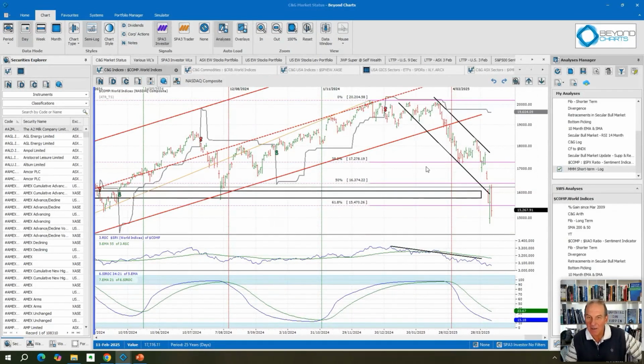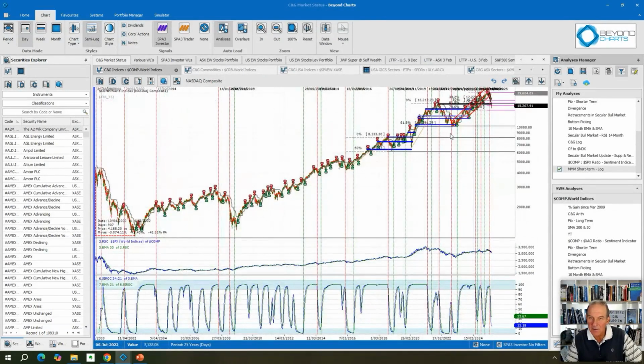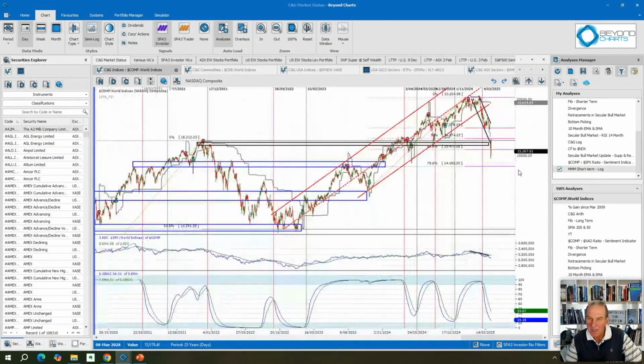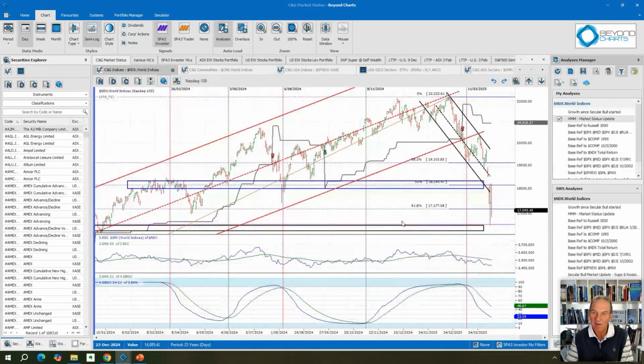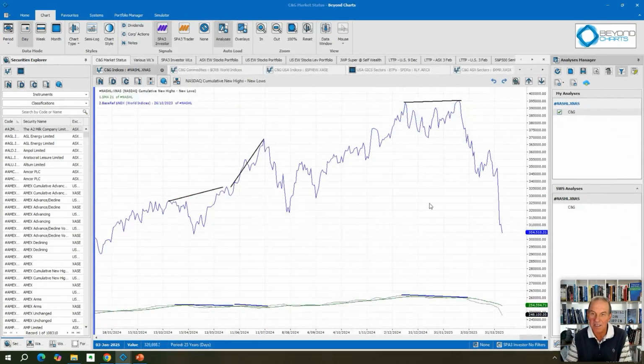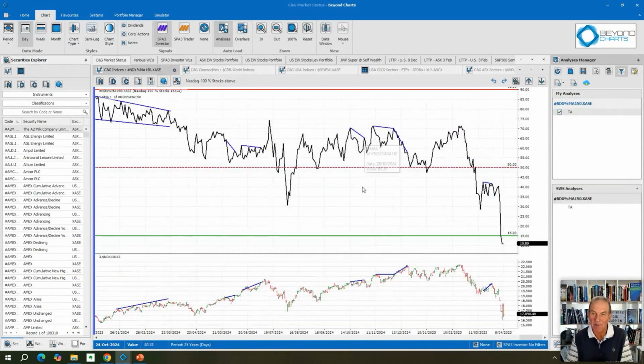We've seen the NASDAQ Composite now fall below 61.8, and I thought I put a 78.6 on here. I did. There it is down there. We are now back to where we were 3 years ago, and back in the range. There was the risk-off when the NASDAQ started underperforming the S&P 500. There's the relative strength line, which is also risk-off, and we have the same in the NASDAQ 100, down to 61.8%. All of this is now really painting a picture of stepping aside, being on the sidelines, and being a market risk.